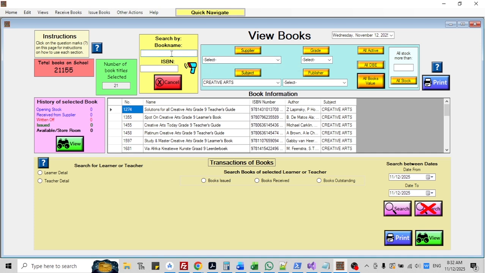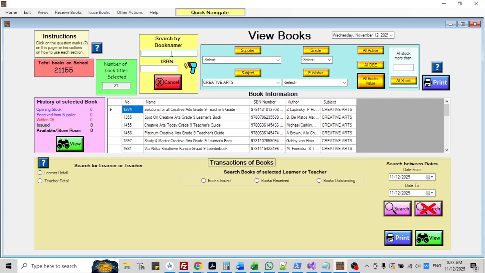Let me just show you something very interesting. Say, for instance, a teacher comes and says, listen, we need some more Life of Pi. Now, this happens very often at the school, that teachers come and ask the principal to do some orders for books. And then the teacher can't tell you the stock that is still available at the school. And many times, then schools order it. I saw it at the school where I taught, that schools order books of which they do have stock, but nobody knows where the stock is.